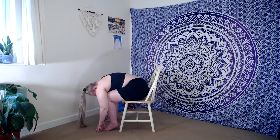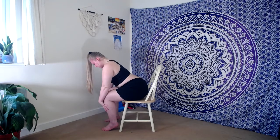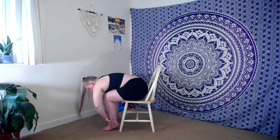Release through the back of the neck. You might sway the head slightly. Take a deep breath in. And a deep breath out. And as you inhale, just bring the hands about halfway up your shins and find this nice flat back. So we've got this nice long line from our tailbone to the crown of our head, finding length through the spine, growing even taller. And as we exhale, we fold all the way back down,